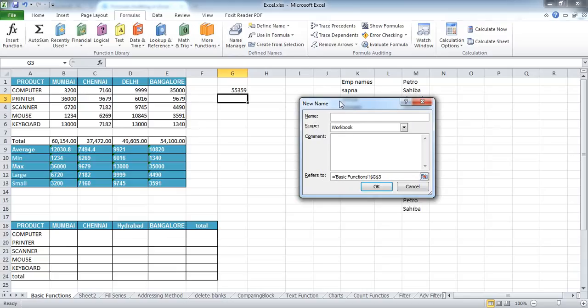Say I want to create a new name for a range, and I name it sales cities. Next, I can type in a comment, whichever I want to. Say I say, these are the sales cities.